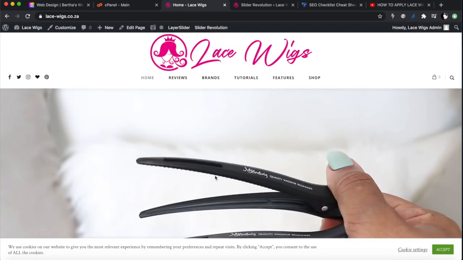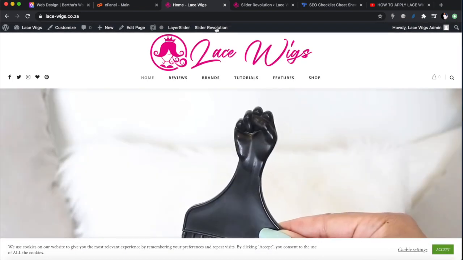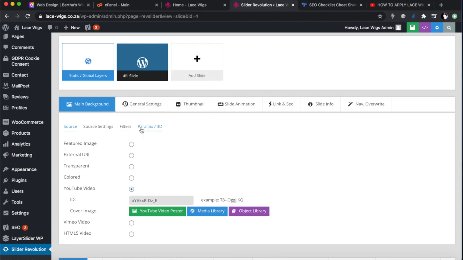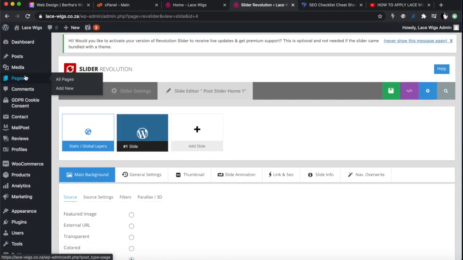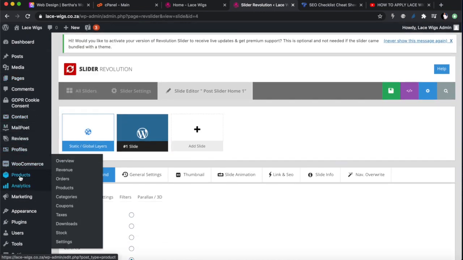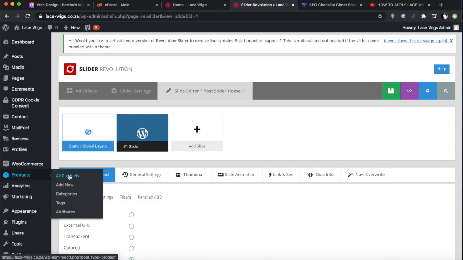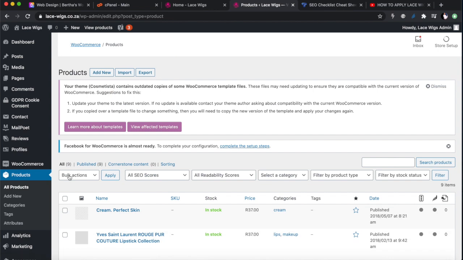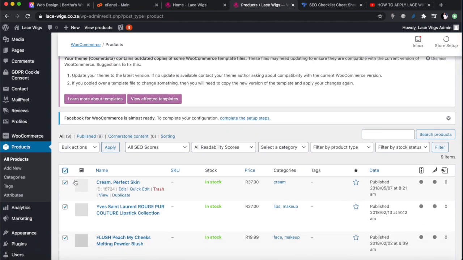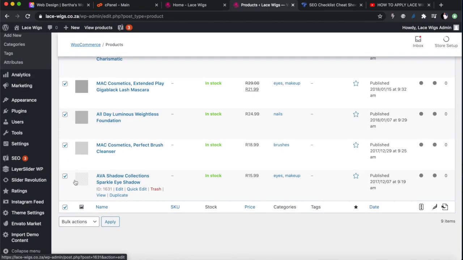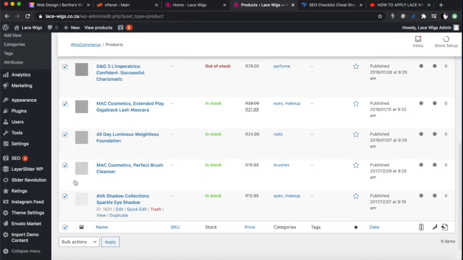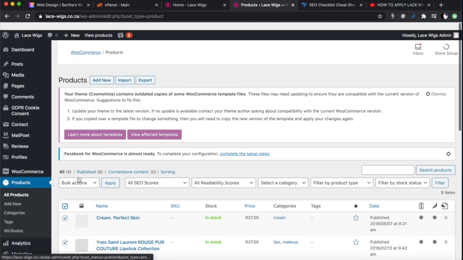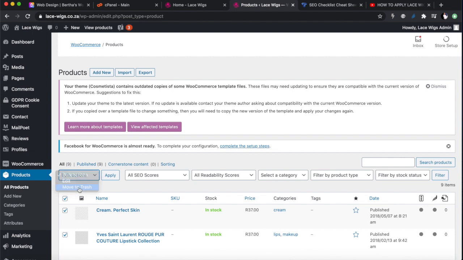But before we do that, to just make this simpler for us, let's go to the back end. All right, and I want to start with all the products. First of all the products. I just want to delete all these products, all the reviews. I just want to delete everything so that I'm left with nothing, so I can start everything from scratch. So take all these products and bulk action, move to trash, apply.